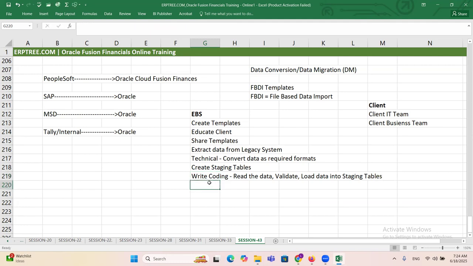After that, again they write coding for further validations. Before loading into staging, they have to do many validations. Once data is available in the staging, again they write coding for validations. Again they have to write some coding